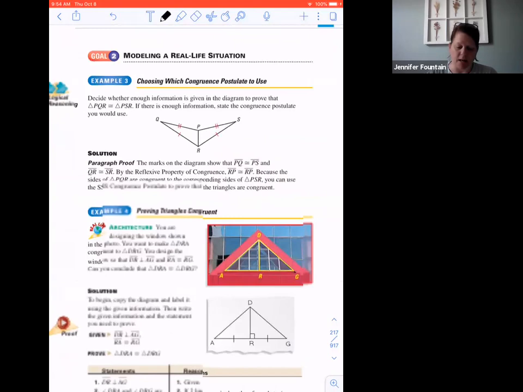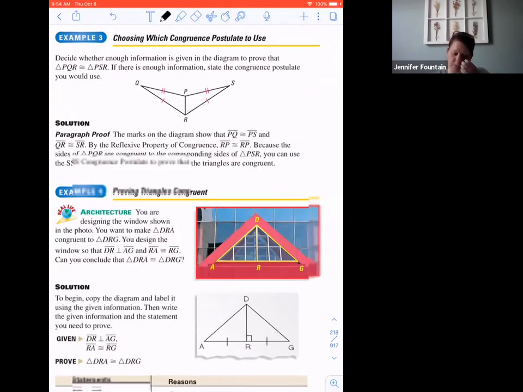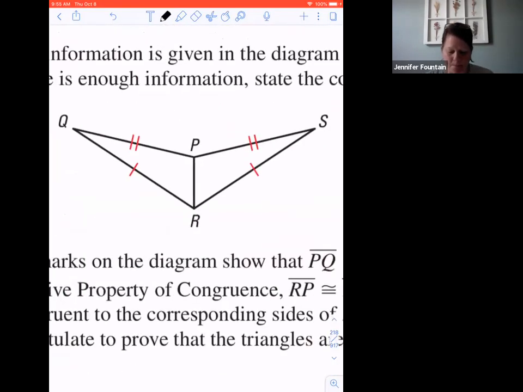Now this one says modeling a real life situation, choosing which congruence postulate to use. It says decide whether enough information is given in the diagram to prove that triangle PQR is congruent to PSR. If there is enough information, state the congruence postulate you would use. So let's look at this real quick. If I know that QR is congruent to SR,